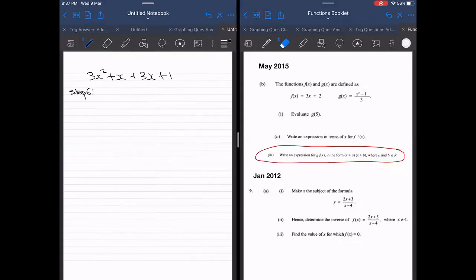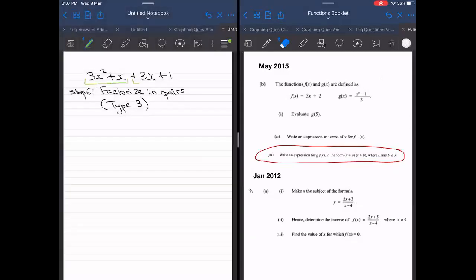Step 6 is really just to factorize in pairs. At Maths Academy, I call these factorization methods: type 1, type 2, type 3, type 4. You need to know how to do type 3. If you would need to factorize something like this, you would go and look at the type 3 videos. But essentially what you do is